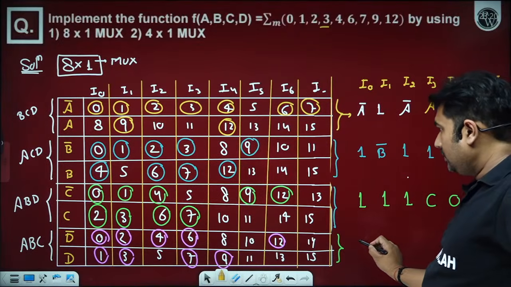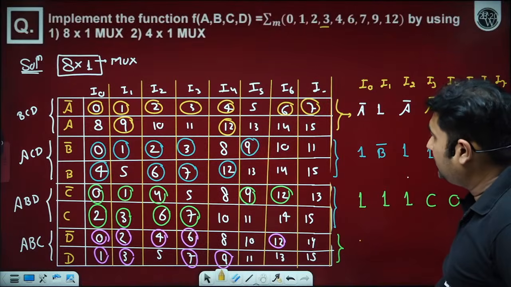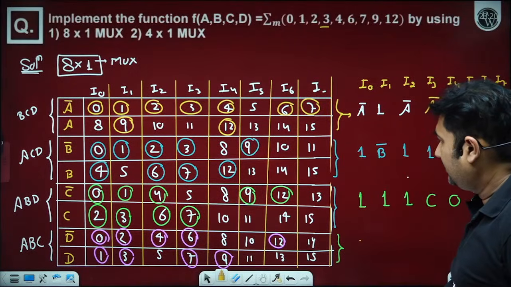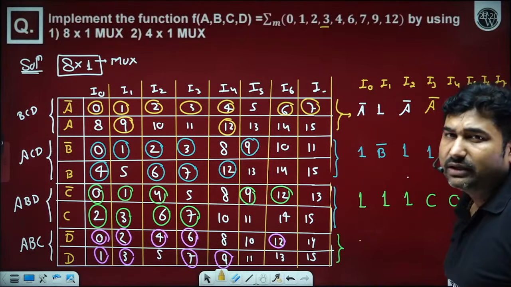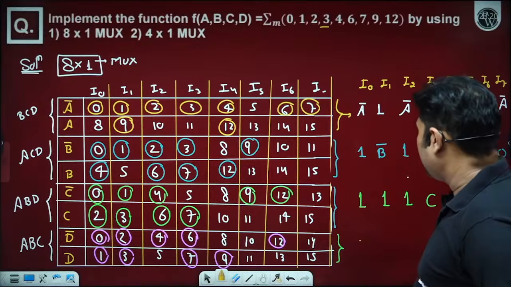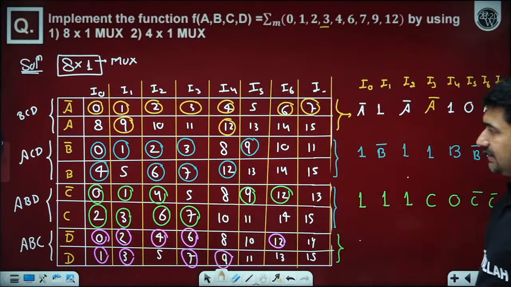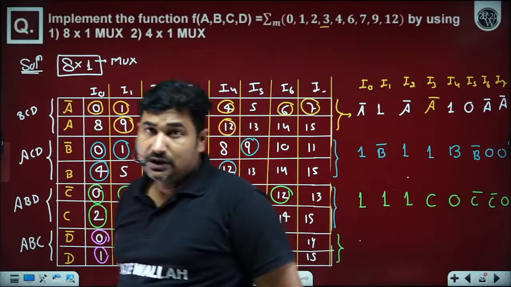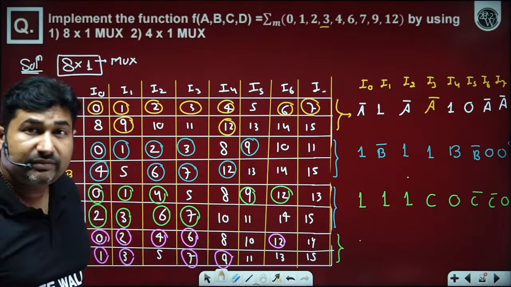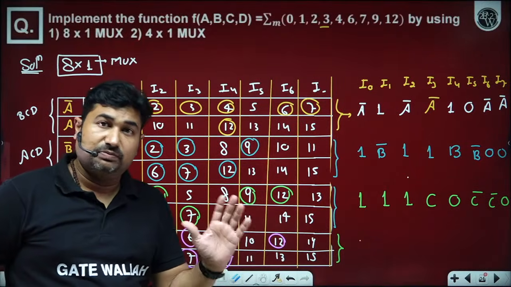So this function would be great if we have 5 and 13 also included. Okay, no issue. Whatever is given, you have to choose that only. So if we have ABC onto the select line, because nowadays we have multiple select questions, in a multiple select question they may give the option along with the select lines. Is it okay?